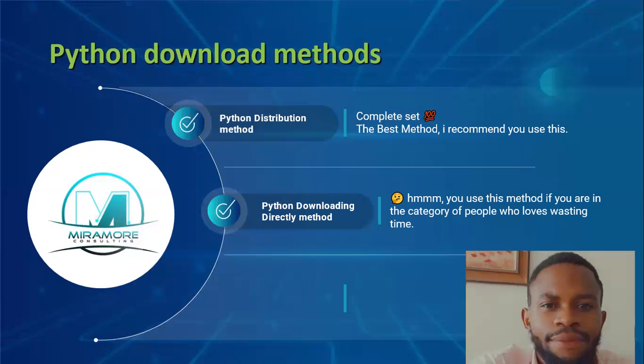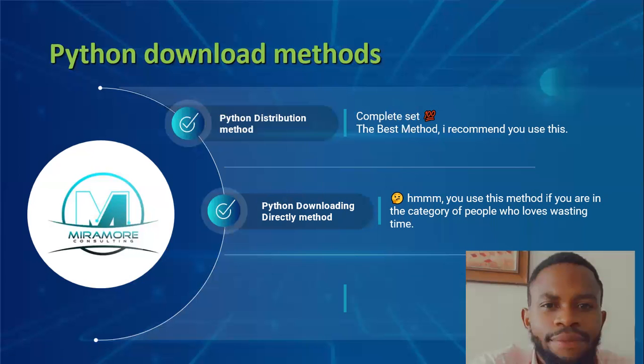And as a data analyst, you don't need to waste time. So let me just show you the two methods. Though the two are still good, but if you catch my flow, I said for the direct method, after downloading and installing it, you then have to go and be installing or downloading those libraries one after the other. But for the Python distribution method, you don't need to do that, because it's a procedure. So we're going to cover everything in the next 10 minutes.